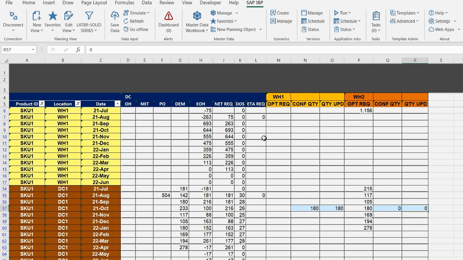And the next time when I run the heuristics, the system will consider this as the fixed supply from warehouse 1 as 180, and the fixed supply that was previously proposed as 180 from warehouse 2 will be converted to 0. And hence, I am again rebalancing and recalculating my supply position using the heuristics. Now,